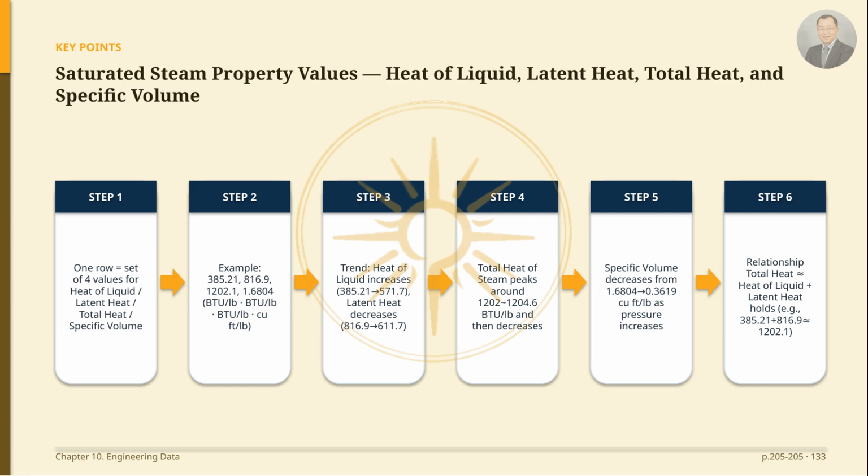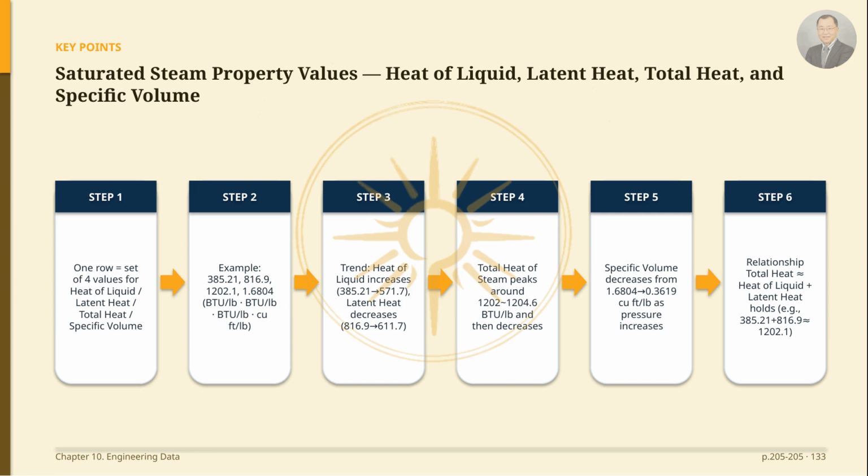For example, the first row is 385.21, 816.9, 1,202.1, and 1.6804. The first 3 values are in BTU per pound, and the last is in cubic feet per pound. As pressure rises, the heat of liquid increases from